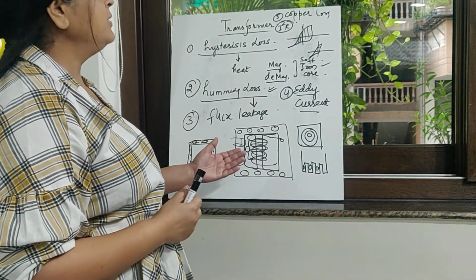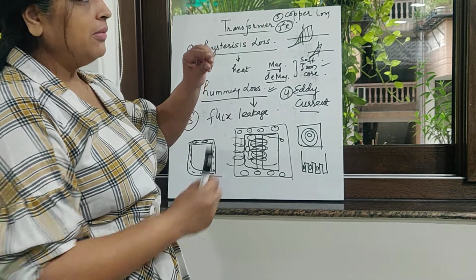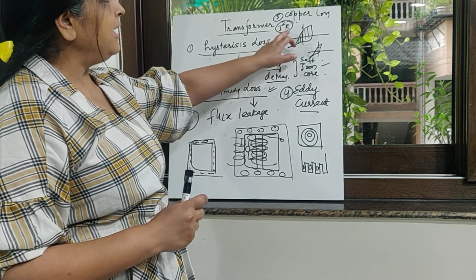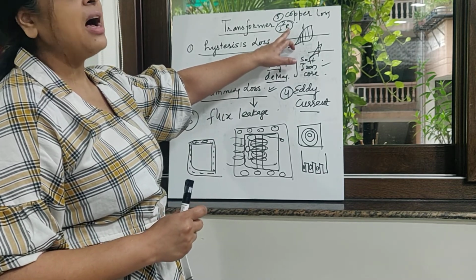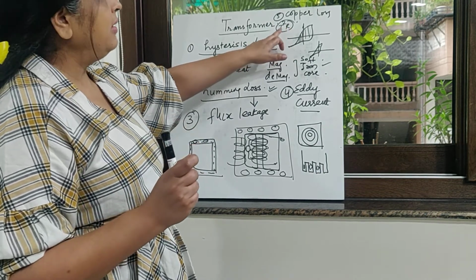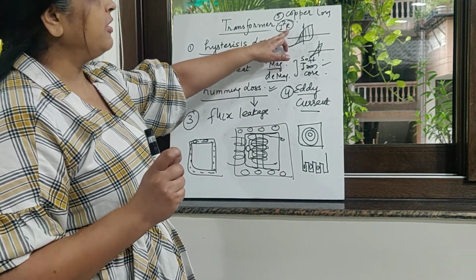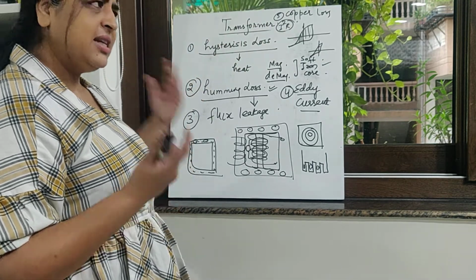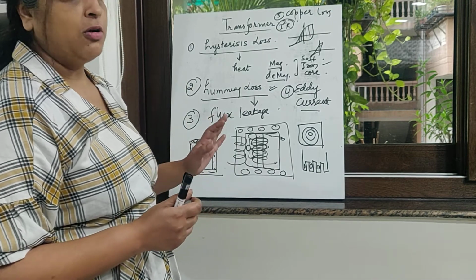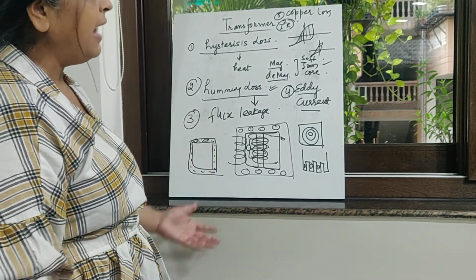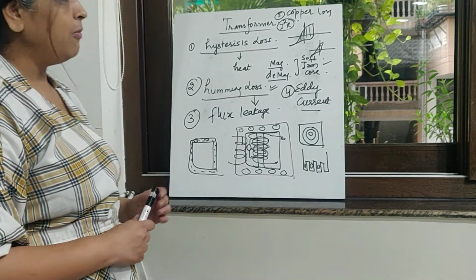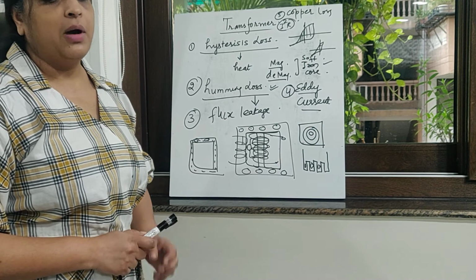But by using a particular width or diameter of the copper wire, we can reduce the R value considerably, because R is rho L by A. So if you make A larger, then R reduces considerably and copper losses can be managed. But still, because we have used a conductor, a copper wire, we will have some copper losses which we can minimize, but we cannot make them zero. So these were the losses that happen in the transformer, and I've told you how a transformer works. Thank you.